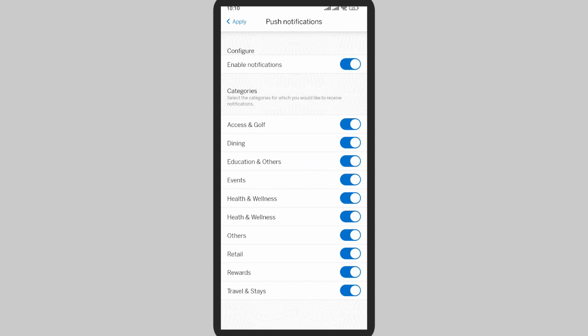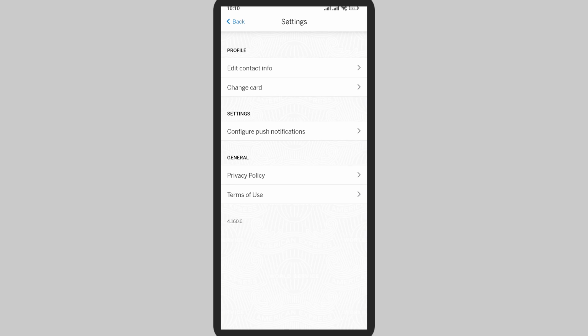So there are different subcategories too. So you can select the one that you need and unselect the one that you don't need. So you can do the same for everyone, and at last simply tap on this apply button. So as you can see, it has been applied and only the specific